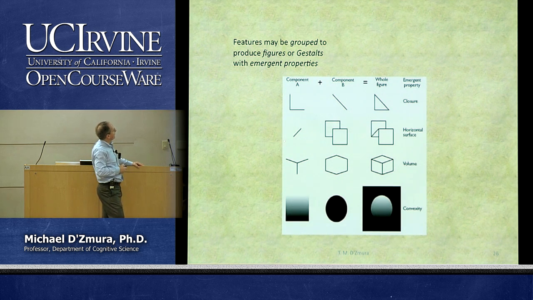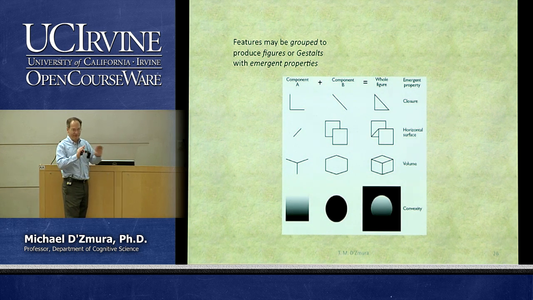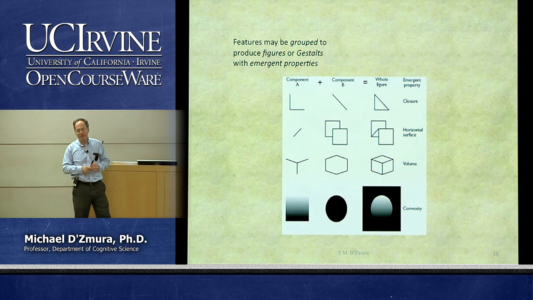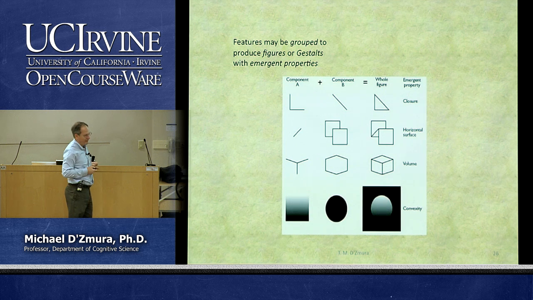Here's another example. Second row, we have that little line segment, and we're going to add it to this picture where we appear to have two squares. And there we go. It now looks as though we definitely have two squares that vary in depth, and there is a horizontal surface that joins those two squares. So that horizontal surface emerges when we